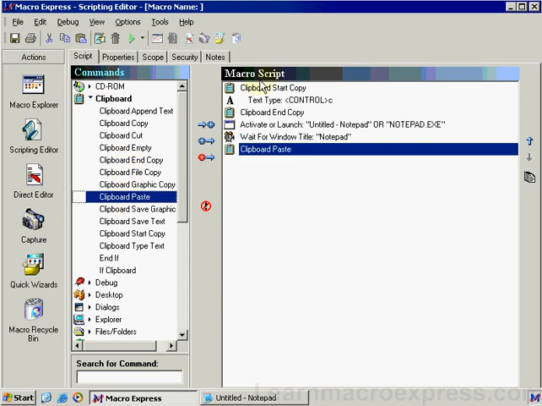Now it's much easier to read a macro script when it contains clipboard start copy, clipboard end copy, clipboard paste, because it also has a certain icon that it uses for the macro script. Whereas if you were using a text type, it wouldn't look as nice or complete because you might not be able to tell as easily where those clipboard commands are. So now if we go ahead and press play,